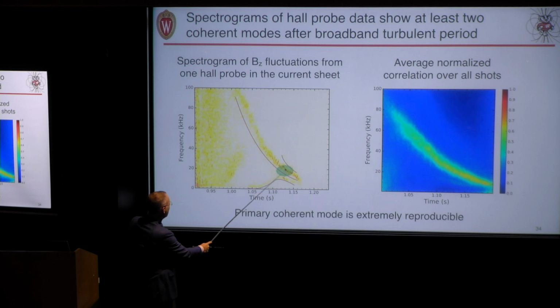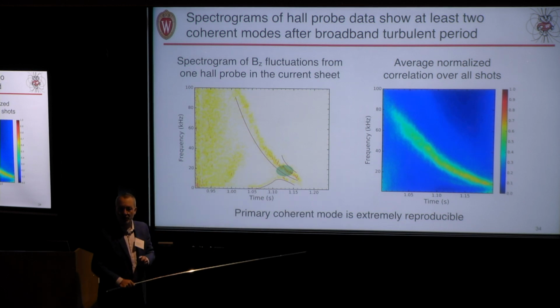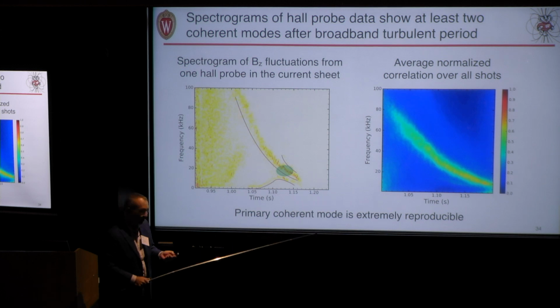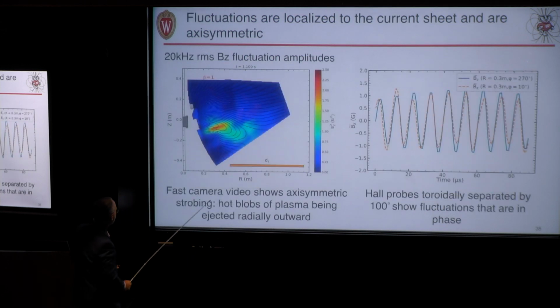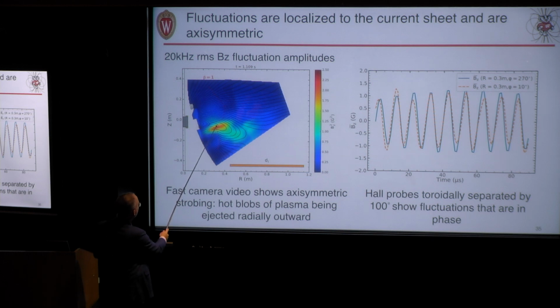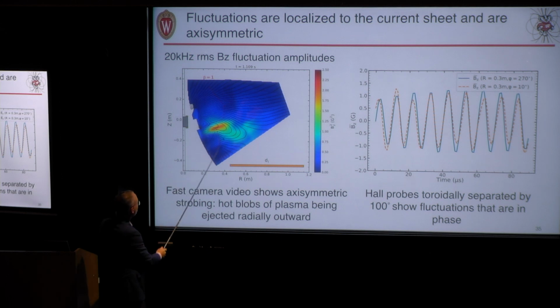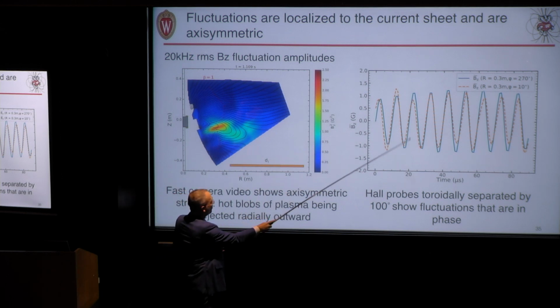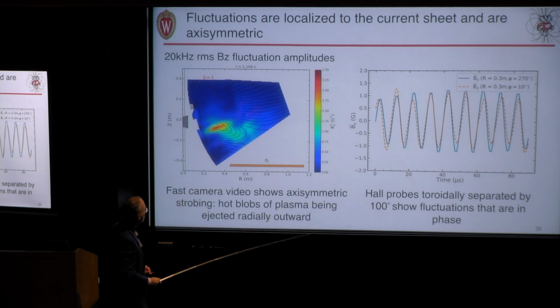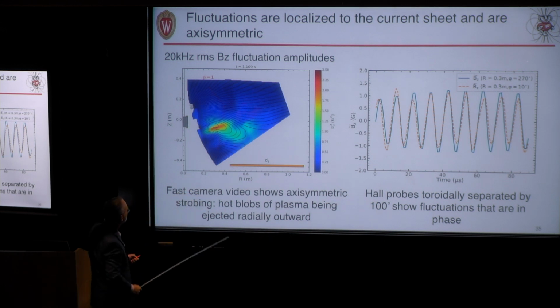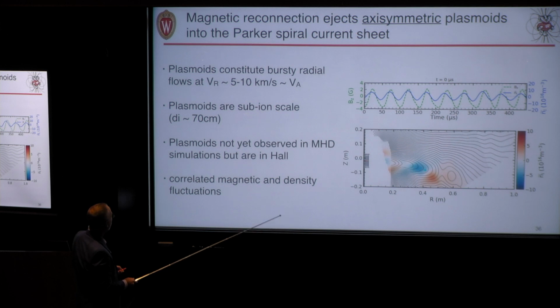I'll show you data from this region here where I don't have turbulent fluctuations, but I have very reproducible unstable modes that I can actually image. And this is what we find. We find that the fluctuations are localized to the region about where the Alfvén point would be, the point where the magnetic geometry is changing from the dipole to maybe something like the field line here at the middle. Those are big fluctuations. If we look at individual probes, they're oscillatory. We can measure amplitudes and phases for all the signals. And what we find is